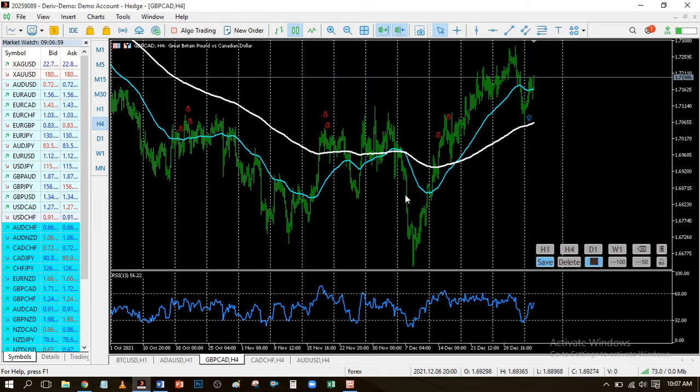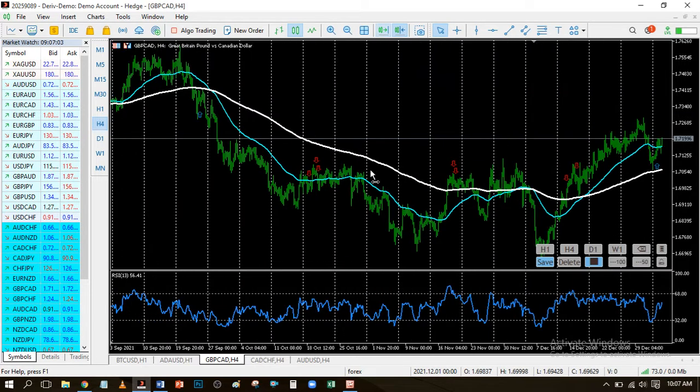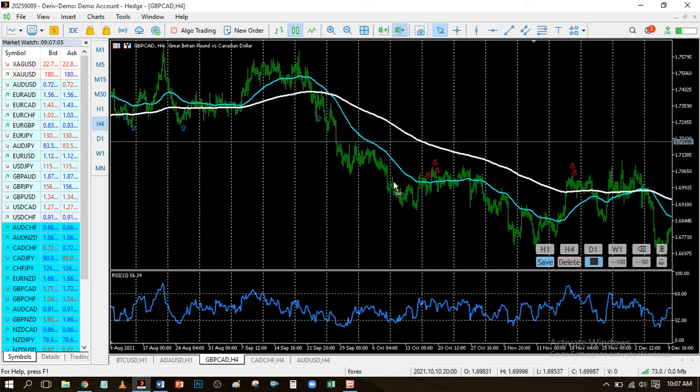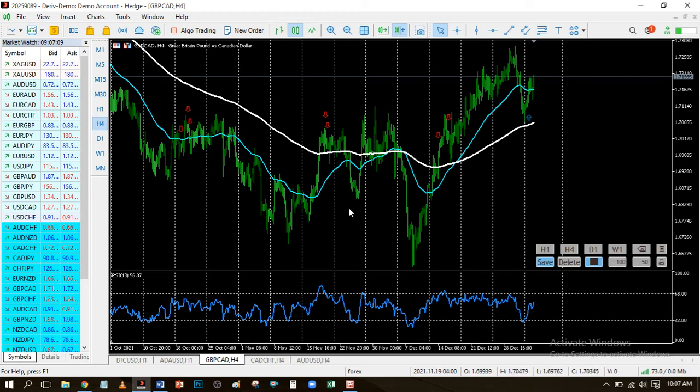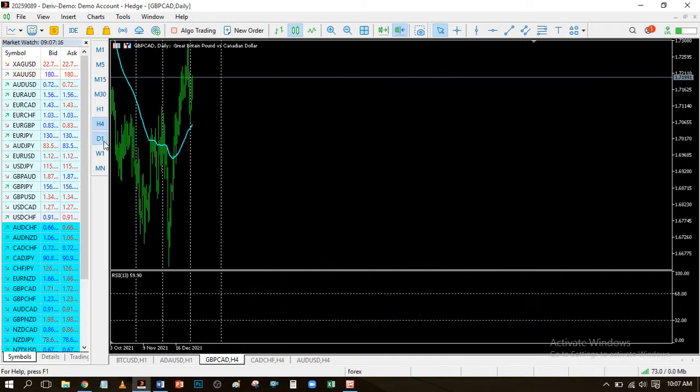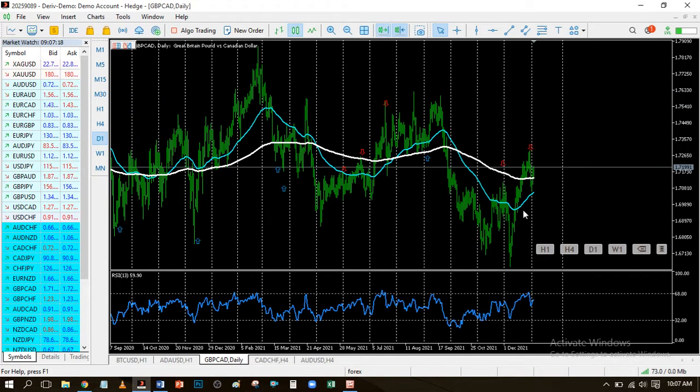So now the first one is the GBP/CAD. Now you see that the GBP/CAD here has been in a long downtrend, but all of a sudden you can see that the market started pushing up. If you go to the daily chart, you realize that the GBP/CAD is still in the downtrend, but presently we are in the form of a pullback. Yes, I will call it a pullback.